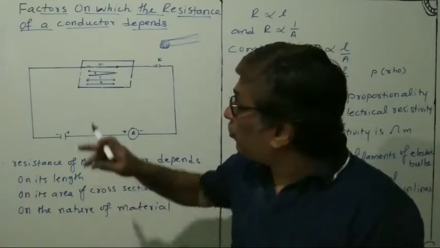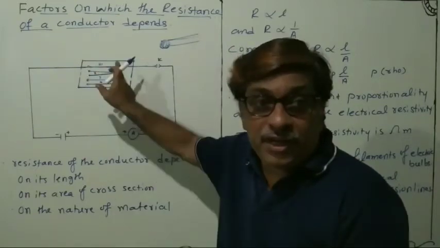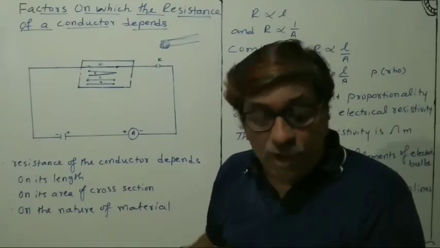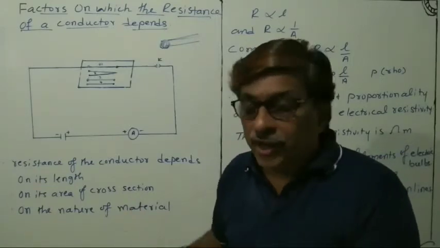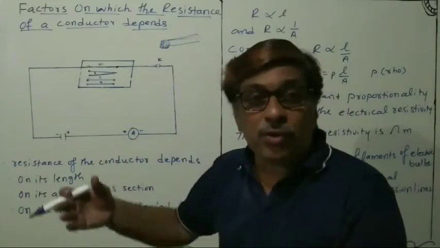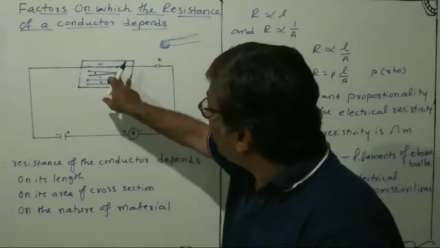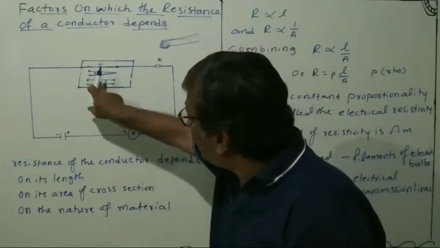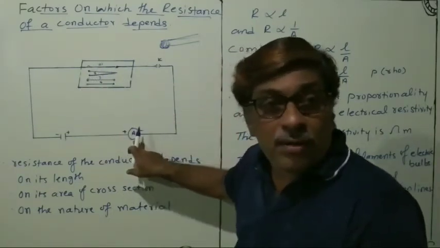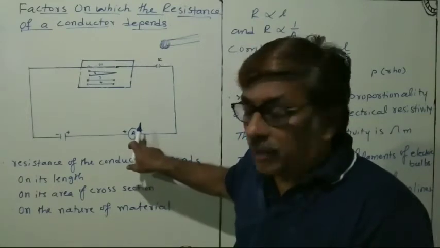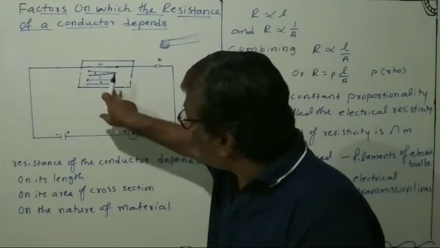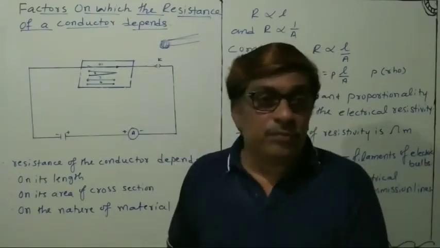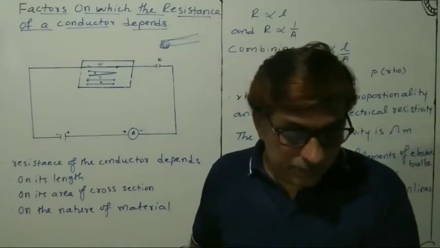In the first one, nichrome wire is connected here, and then you have to take the reading. You have to measure the current flow, the ammeter reading. From the ammeter you have to take out the reading. In the second, the length is doubled, and you again take the reading. Then the thickness is increased and you take the reading. And in the next one the material is changed. Like this, you check the current flow with the help of the ammeter.